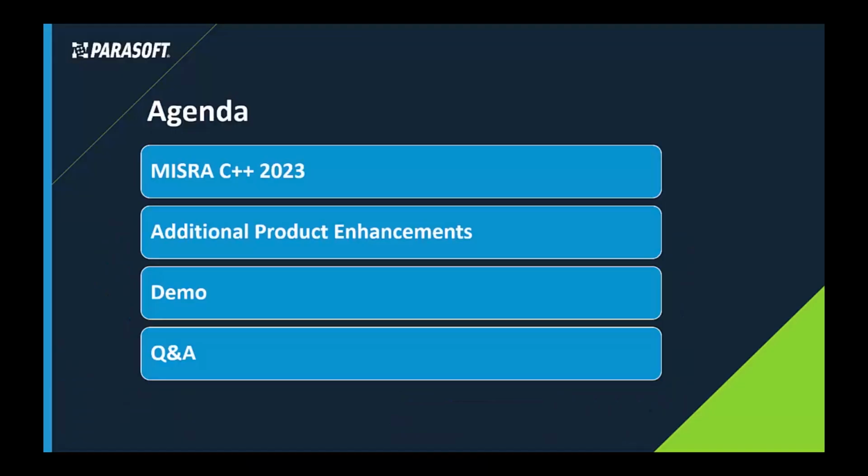Anyway, it's going to be a very informative presentation, so let's start by taking a look at the agenda. First, I'm going to give you a quick glance at MISRA C++ 2023, and I'll walk you through that evolution, which consists of it being a joint effort between the AUTOSAR and MISRA organizations. So we will touch on some of the differences between the standards and then how Parasoft C/C++test fully supports MISRA C++ 2023. We also have added various enhancements and capabilities that contribute to our support of modern C++, as well as usability enhancements for Visual Studio, VS Code, and extended capabilities in suppressing static analysis violations.